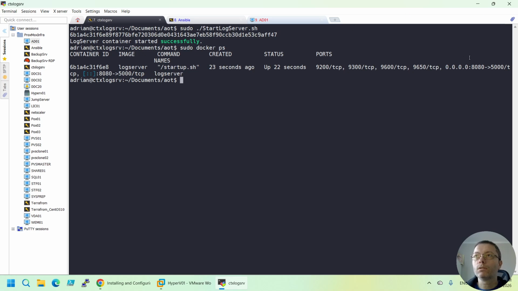So we definitely need to open the firewall port 8080 on this machine. How can we see? I have something written here. Okay, let's do the docker sudo. I just want to make sure that